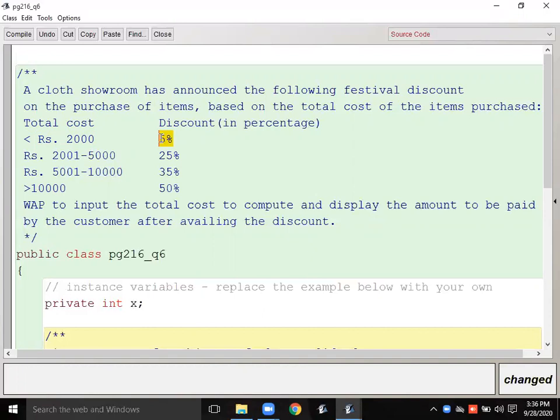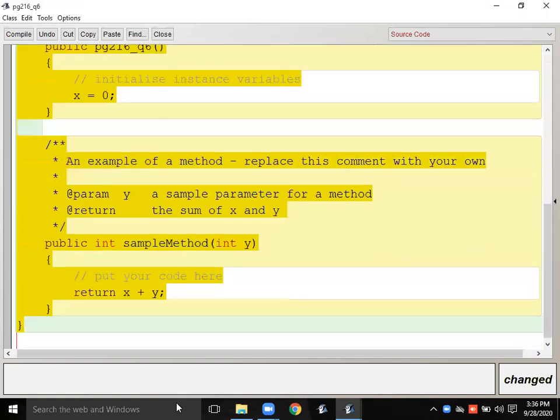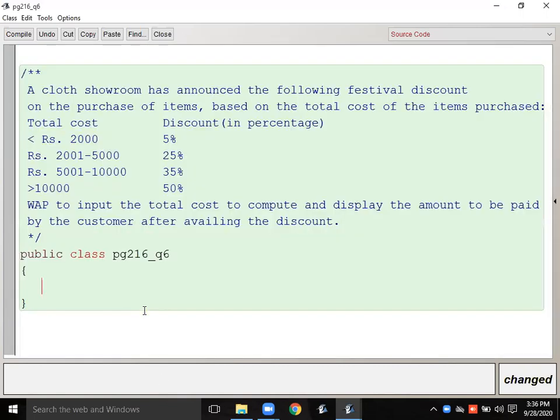Then after that, suppose if we are going to the showroom and getting the discount, then after deducting the discount we are paying the amount, right? So same here, after calculating the discount you have to pay the amount, means this discount will be deducted from the total cost, then you will pay the amount. Okay, but how many inputs do I require over here? Only one input, cost.